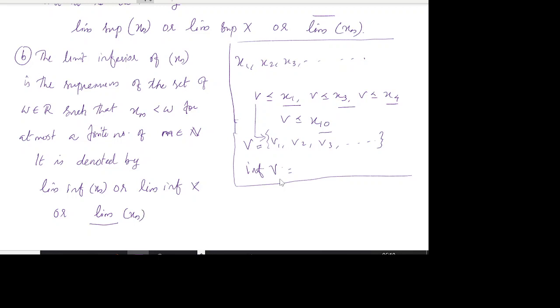So in the same way, you are going for a set W such that, suppose I am naming this as capital W. Capital W is containing the elements W1, W2, etc., such that this W is greater than the terms of the sequence for a finite number of terms. And it is denoted by limit inferior of xn. Okay, first of all, we have defined